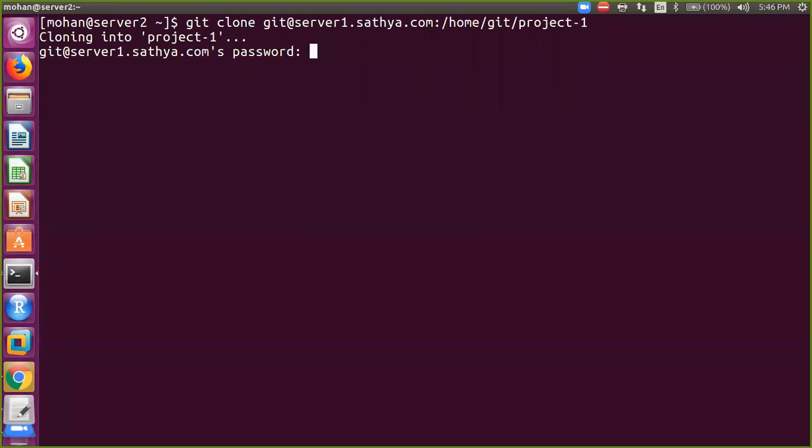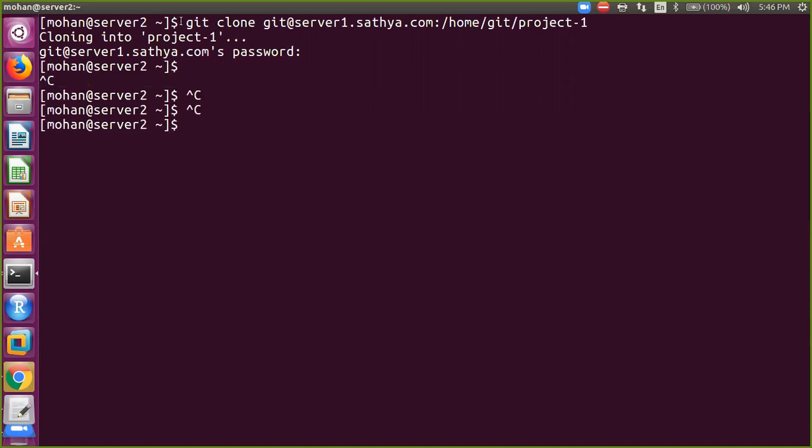Okay, so think generally, sir. Now in this case, I am the git admin. I am the git user on server 1, and I am user Mohan. That's why I know the git server's IP address. Just press Control C, sir. But if you want to clone your project directory,